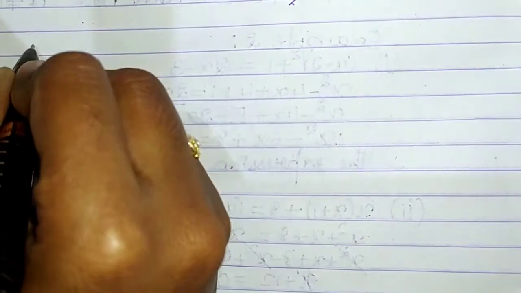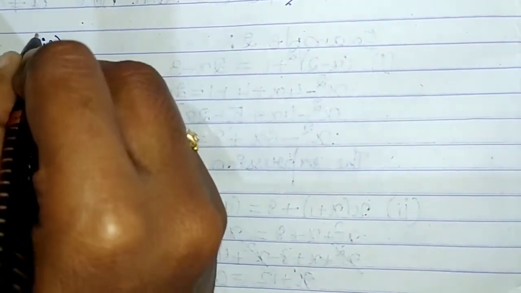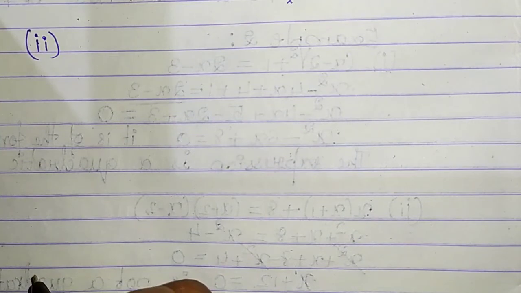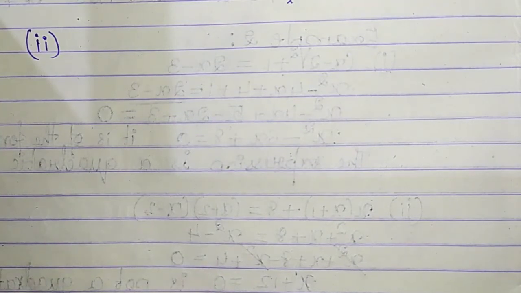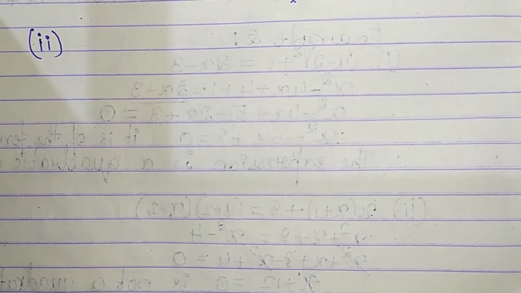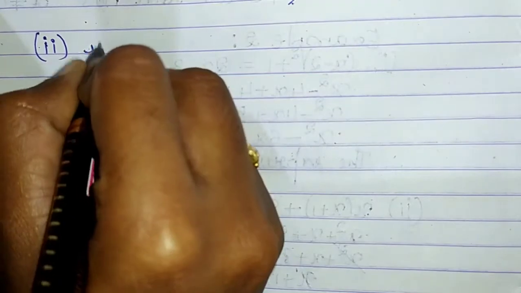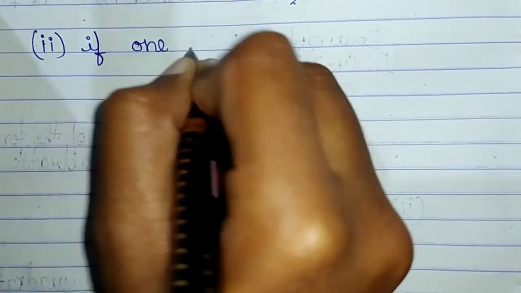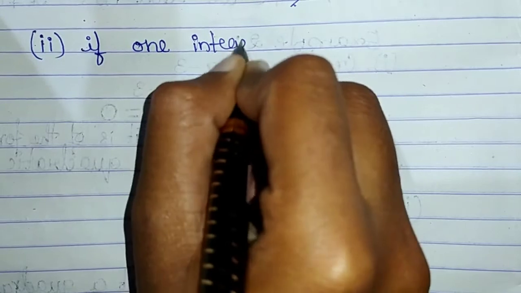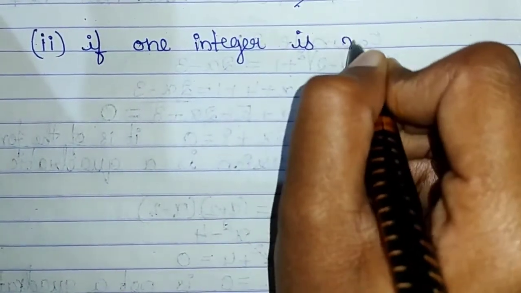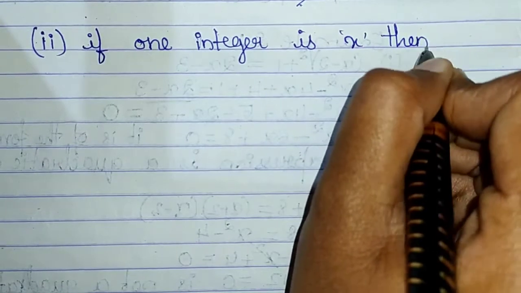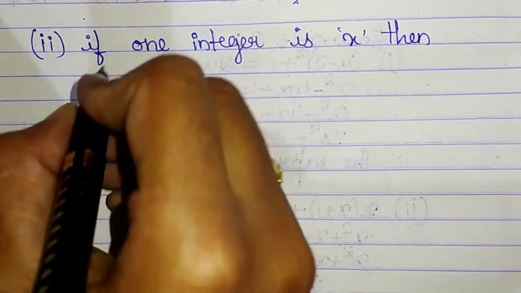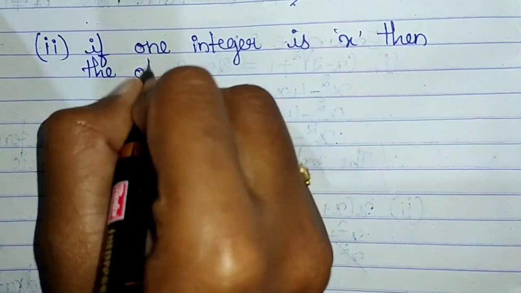In the second question of the second main, the product of two consecutive positive integers is 306. We need to find the integers. So two consecutive integers mean the numbers which come one after another, like 2, 3, 4, 5, 6, 7, like that. So if one integer is x, then since it is the consecutive integer, the other integer